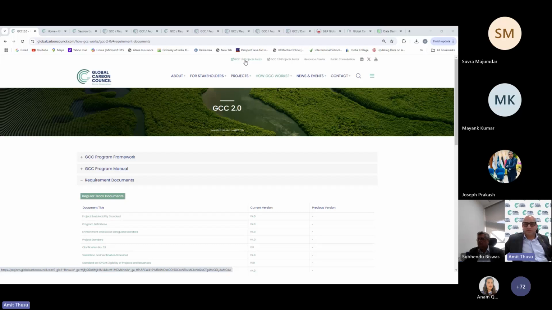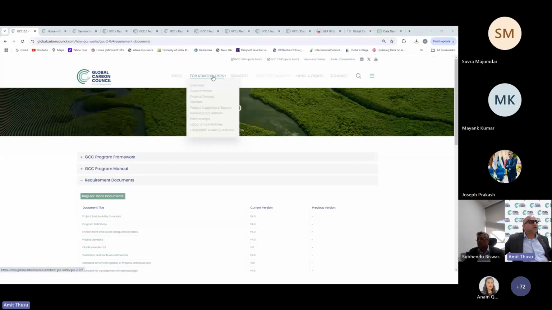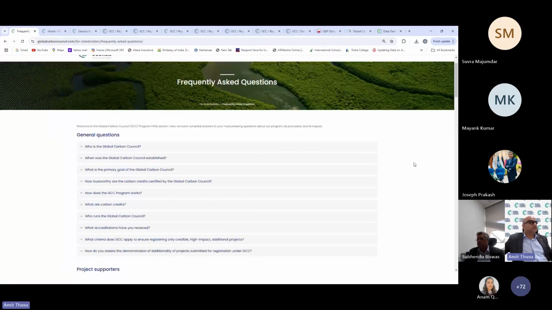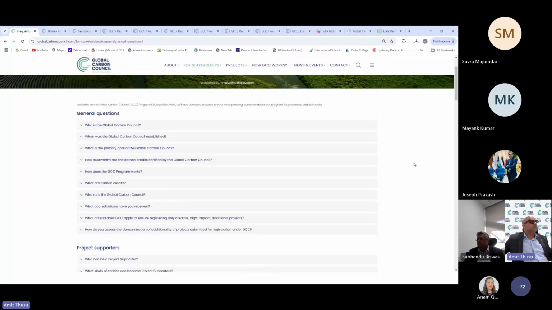After that, probably it will be closed. So then if you want to look at public consultation documents, you can go here and look at the documents. There are a few other documents like frequently asked questions. I talked to you about this earlier, that there are a lot of questions available. You can see the questions here, right? So it'll give you all the questions,